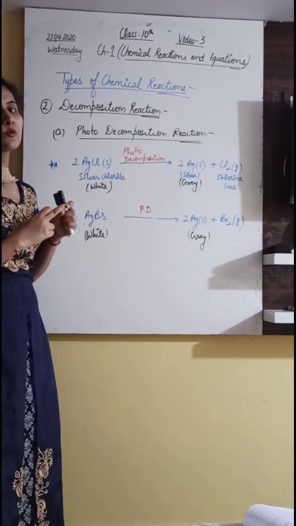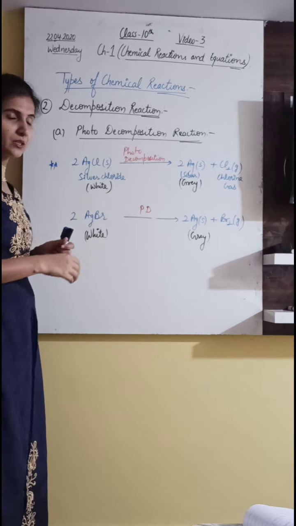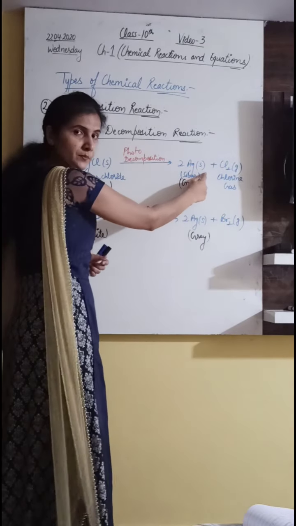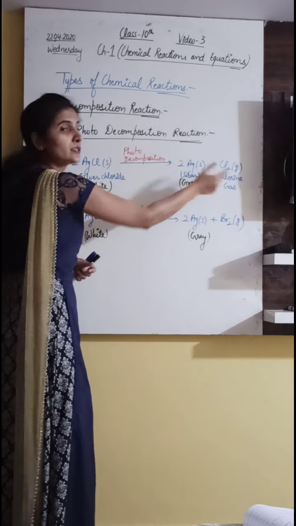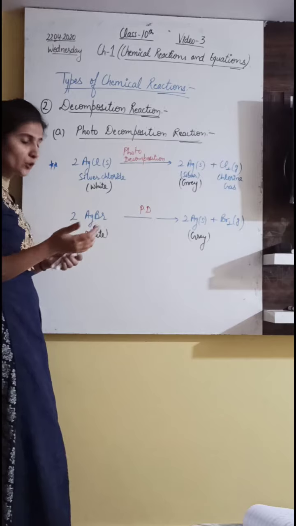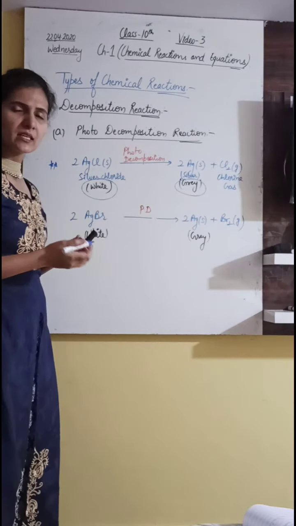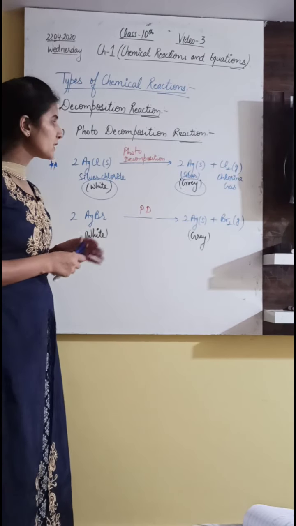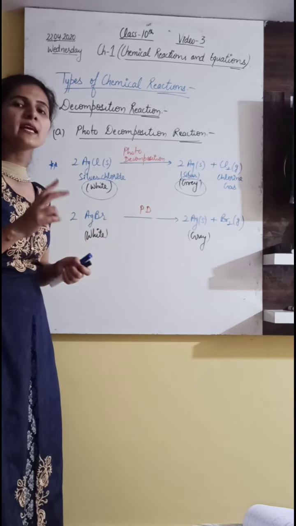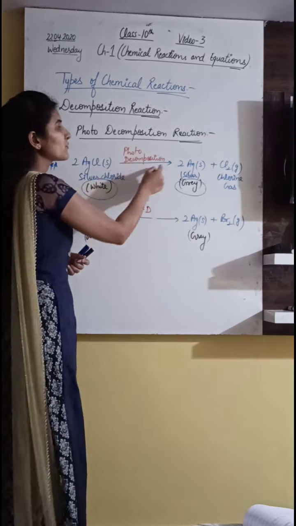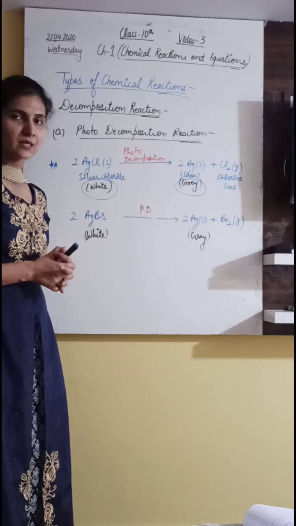For the second mark you have to write the chemical equation, and the equation will be like this only. You have to write each and everything: silver chloride solid, then silver solid and chlorine gas will form. You have to balance the equation, write the names of the compounds, and write what observation you have observed, that the white color will change into grey color, blackish grayish color. If you write these things in a chemical equation, then you will get the whole 2 marks. First mark is for photodecomposition and second mark is for the chemical reaction. So yes, these kinds of questions are generally asked in the paper.